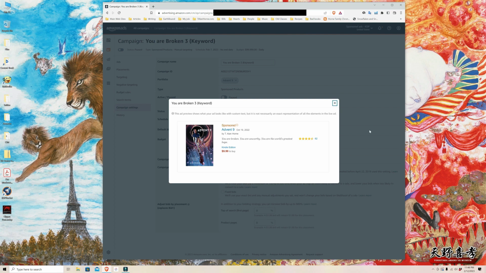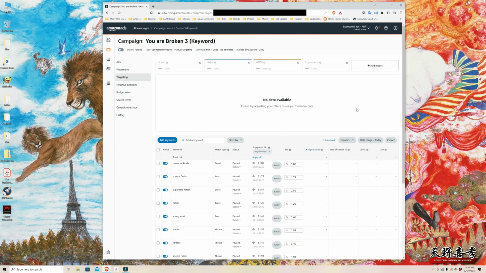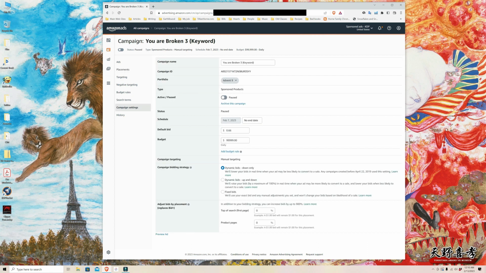And with an ad like this, Amazon gives you many options. You have the option to turn the ad on and off. You have the option to set the default bid for the ad. You have the option to set the ad's daily budget. You also have the option to set the individual bids for keywords, products, and categories your ad will be associated with. And you can set how much of a premium you want to pay to have your ad served at the top of the search on a search page, or as a recommended product on the product page of someone else's book. These are all things that Amazon will let you do.